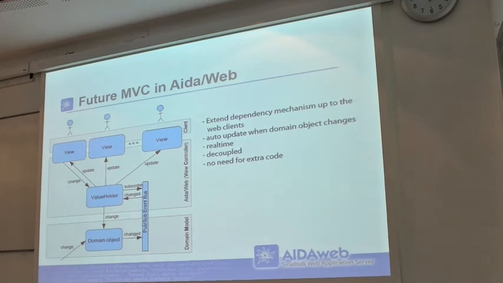Ruby on Rails and all the other frameworks from 2000 didn't have this backlink. This is something which JavaScript MVC frameworks are solving, more or less well. And this is what we are now implementing in Aida also,